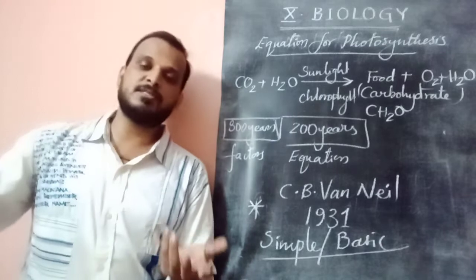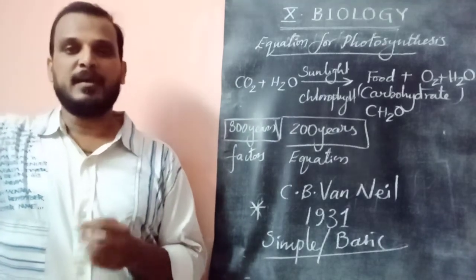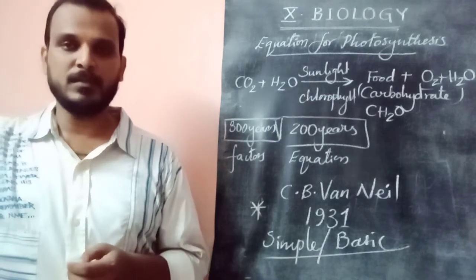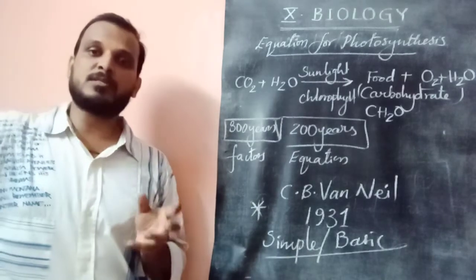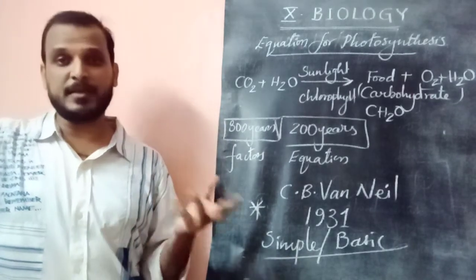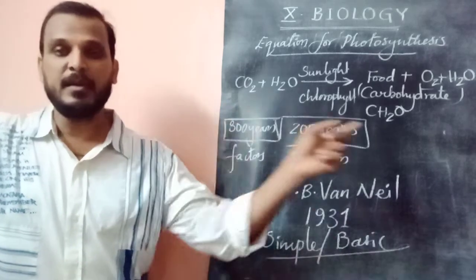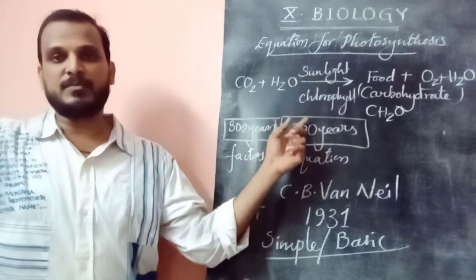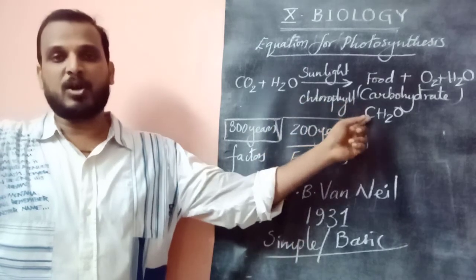Later this equation is balanced to prepare a modified and advanced equation of photosynthesis. Later we will see. I think you came to know how a large, unique, important universal food providing process called photosynthesis is represented in the form of an equation. Carbon dioxide and water, in the presence of sunlight, chloroplast and chlorophyll, prepare carbohydrate.